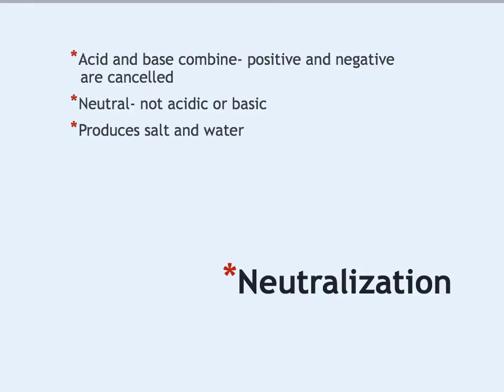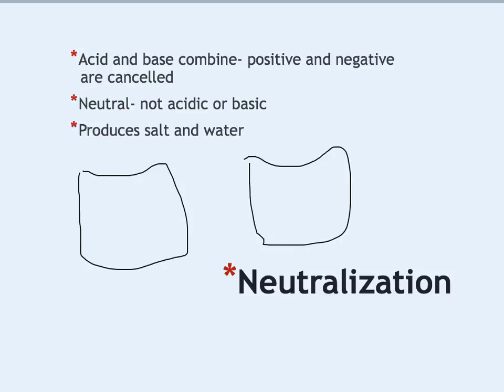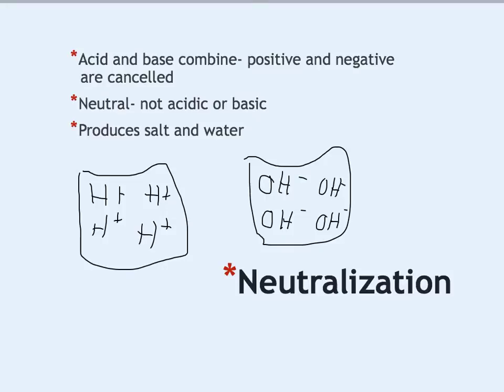Putting together the acids and bases, you're going to have neutralization. If you want to draw out these beakers on your sheet, say you have 2 beakers, and one is filled with hydrogen ions. On this side, these are all filled with hydroxide ions. You are going to make the assumption that over here would be an acid and over here would be a base. If these two solutions were to mix together, you're going to have neutralization,